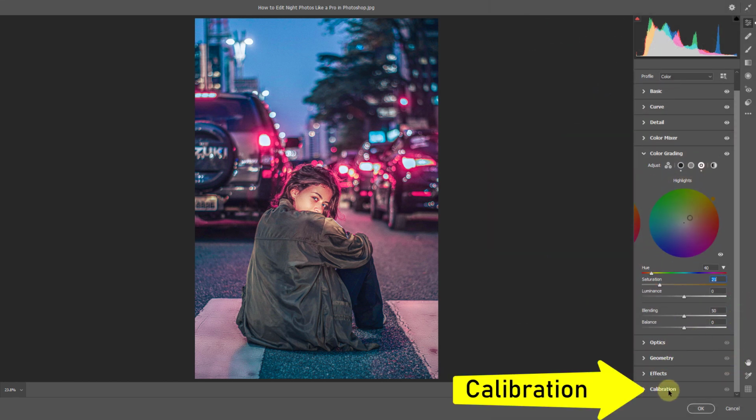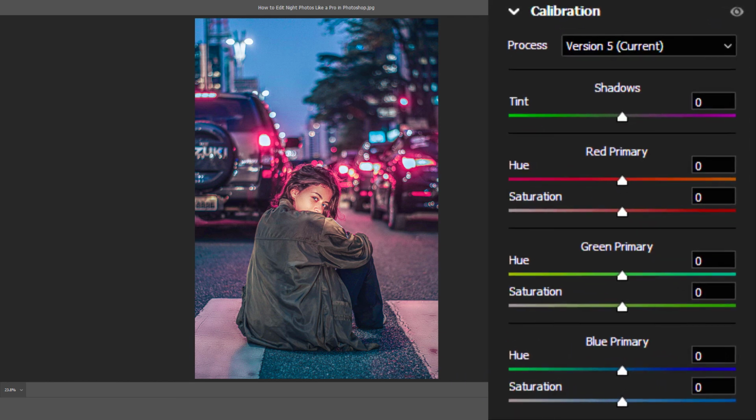Next, click on the calibration section. Increase tint to +11 from red primary. Increase hue to +61. Increase saturation to +50. Then from the blue primary,